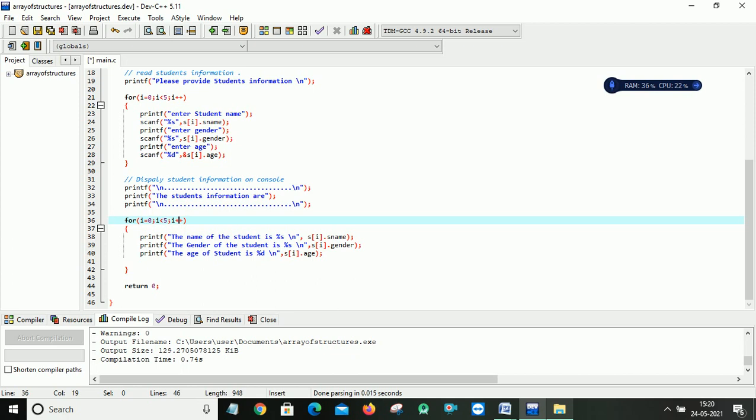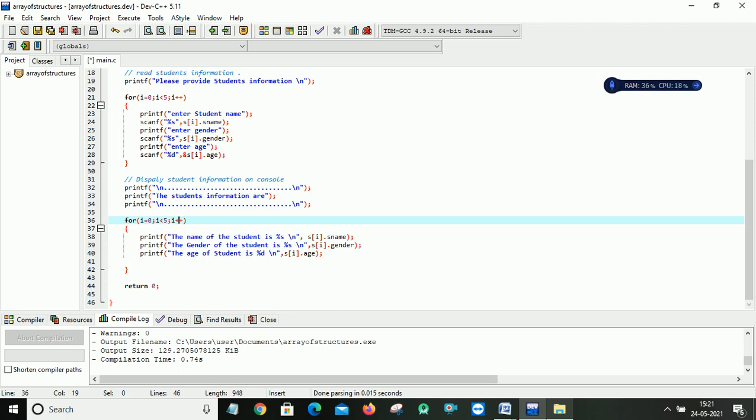Again i increments, it becomes 3. 3 is less than 5, condition true, so it will display my fourth record, s[3]. Again i increments, it becomes 4. 4 is less than 5, the condition is true, so it will display my last record, s[4]. After that, i is incremented again and becomes 5. 5 is less than 5, the condition fails and the loop is exited.